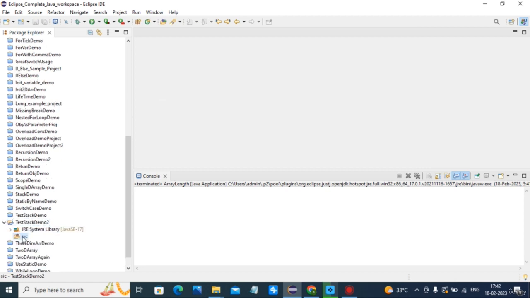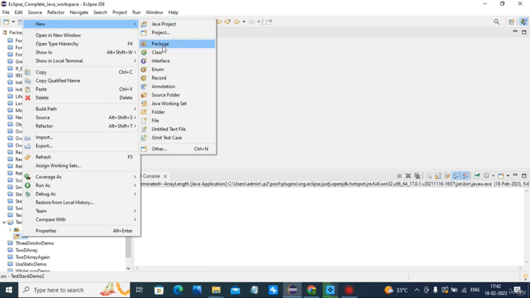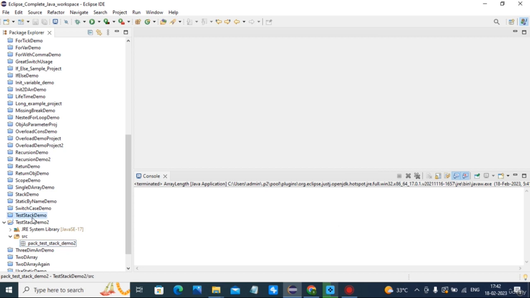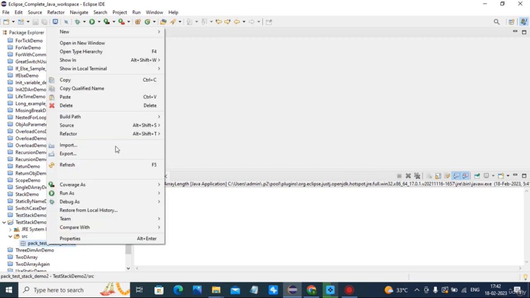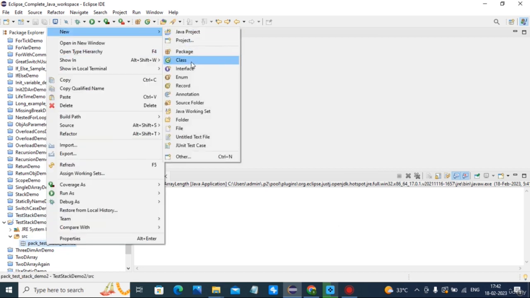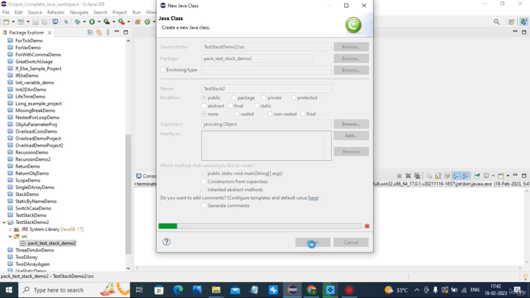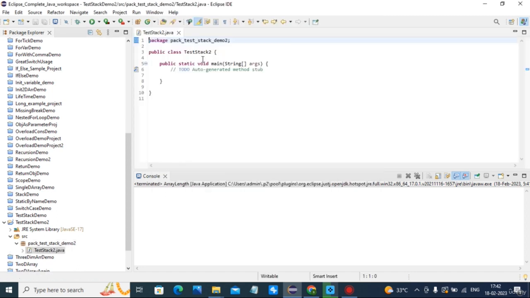This package, test stack table, new class test stack 2 will be having public static void main.